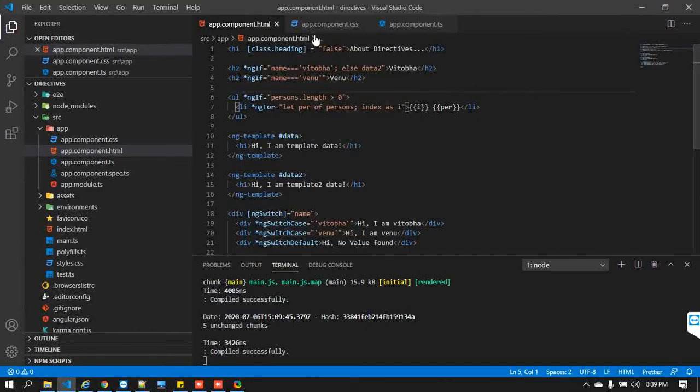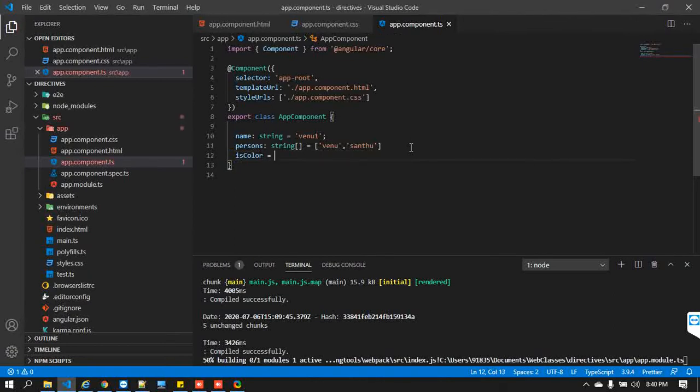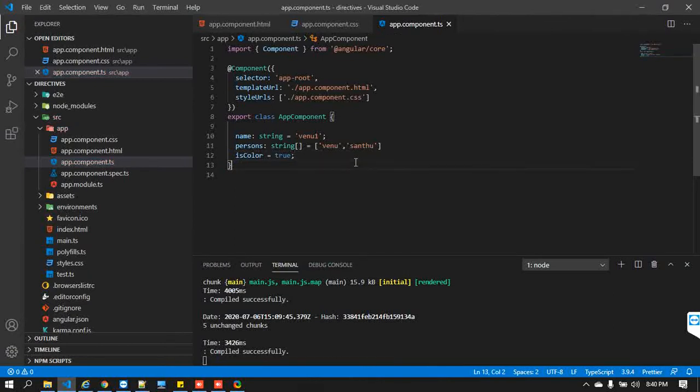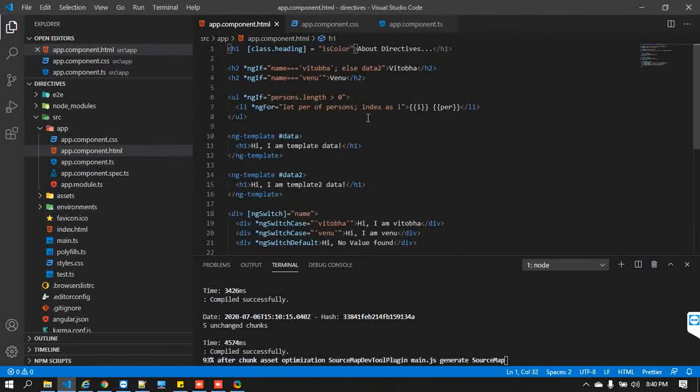Whatever you write inside the double quotes is nothing but your JavaScript code, in the sense TypeScript code. For example, I would like to handle that based on certain conditions, for example isColor. I'll take this isColor, come back here and put it here. Now if isColor is true, then automatically these respective things will be displayed.